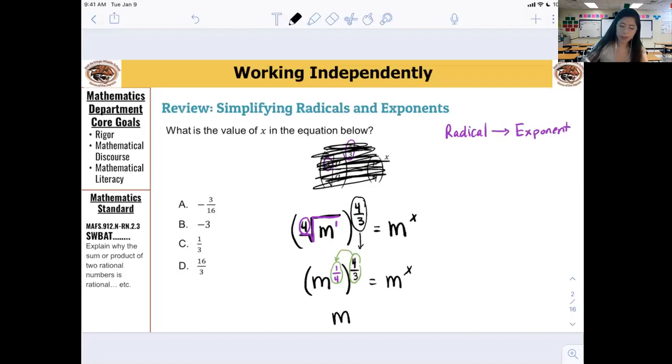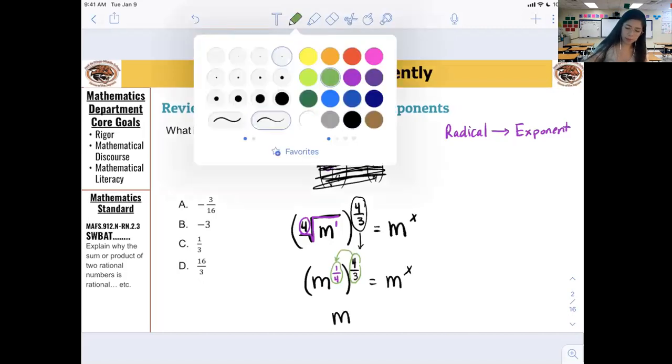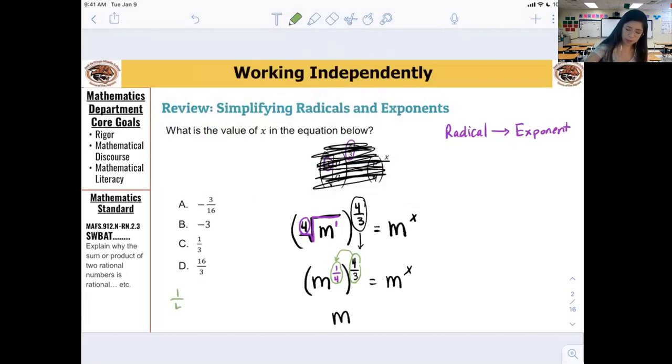Multiply them, yeah. So we're multiplying 1/4 times 4/3. What does that give me? 4/12. And can I simplify 4/12? 1/3. So I have m to the power of 1/3 equals